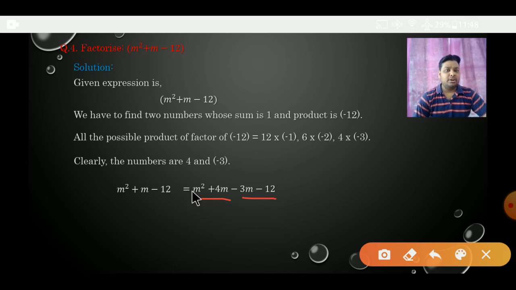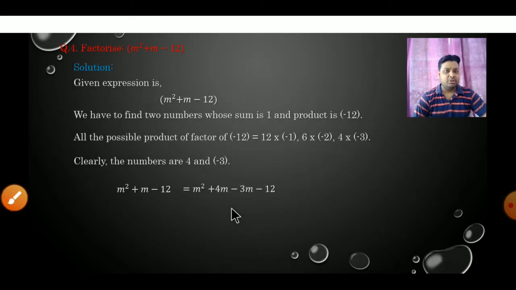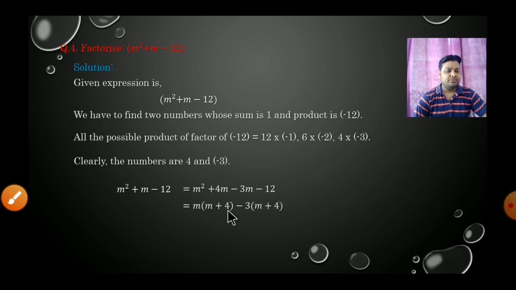So what is common between m square and plus 4m? No constant term is common, only the variable is common. So variable m is common, so m plus 4 is left. Now here minus 3 we have taken out, so the sign will also change, and only the first term m is left. Now 3 times 4 is 12, so 4 is left, and instead of minus there will be a plus sign, because minus is outside.